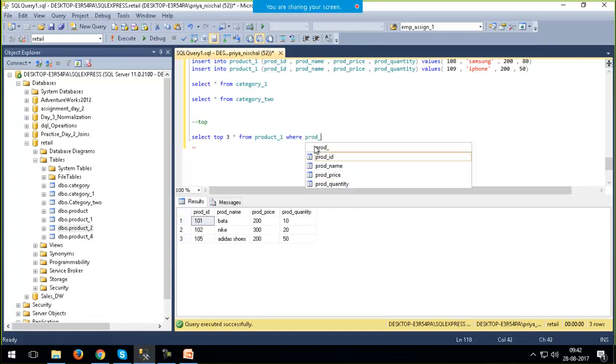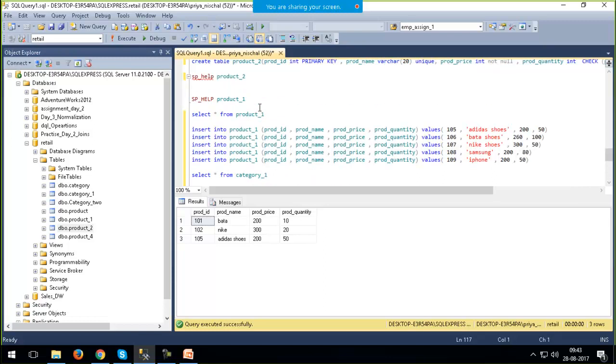It's top 3 star from product 1 where prod price is greater than 100. Okay, let's see what it will give me. It's again giving me the same thing, because it is not depending on that condition directly. Or if I write the same thing with this,